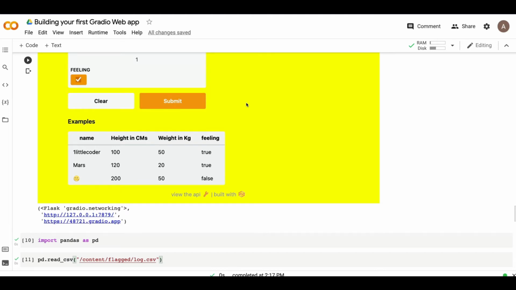That's second. Now that we know how to share a Gradio application with the entire world, the next important thing is, do you want to share it just like that, or do you want to share it with an authentication page? So now we are going to learn how to add an authentication page on top of our Gradio application.